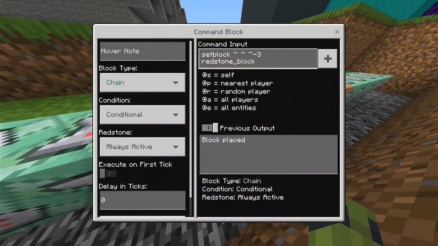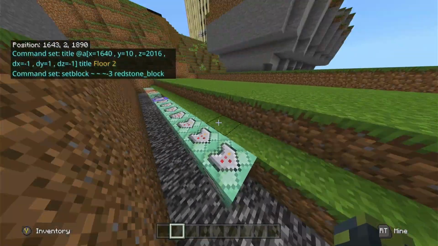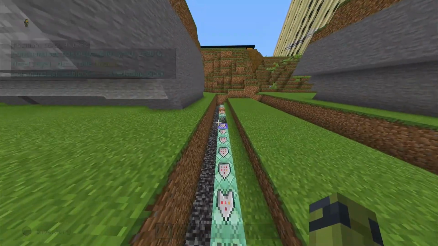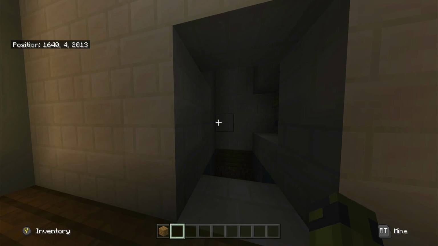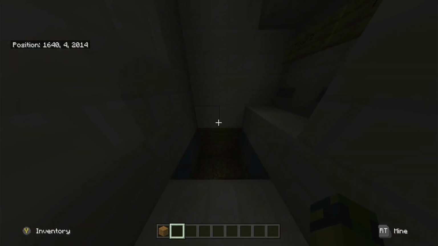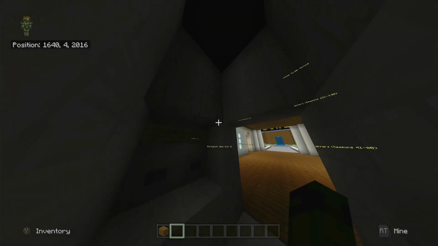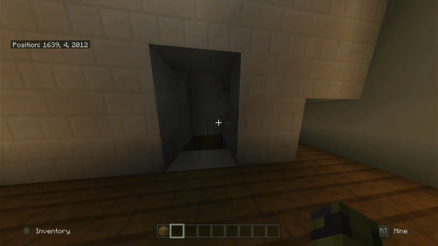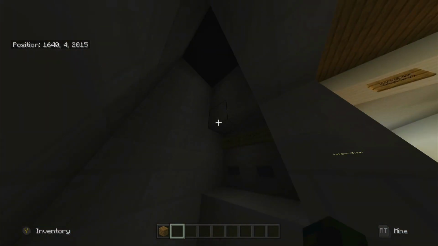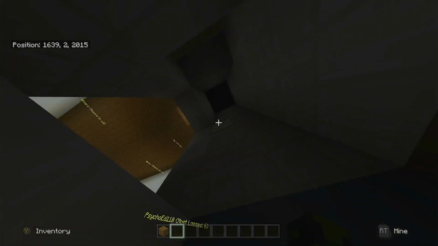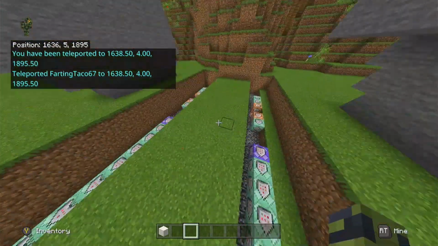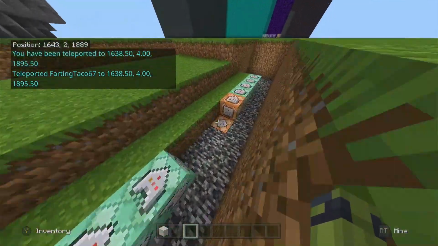Alright, and this part right here is just fixing the parts of the elevator. So what happens is, when you go up in the elevator, I'm going to show you. If you don't replace the blocks, the floor is going to look a little bit something like this, and the person on the first floor is not going to be able to get in. They're just going to be stuck here, like, oh my god, what do I do? What these next blocks do, right here,